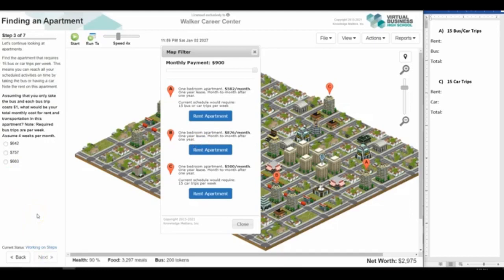Step 3 of 7. Let's continue looking at apartments. Find the apartment that requires 15 bus or car trips per week. That would be Apartment A. This means you can reach all your scheduled activities on time by taking the bus or having a car. Note the rent on this apartment. I'm going to put that rent over here on my worksheet. That rent is $582. And back to the question, it says assuming that you only take the bus and each bus trip cost $1,